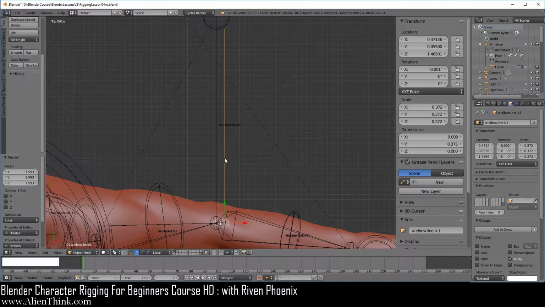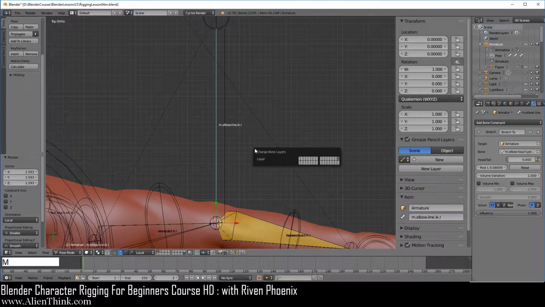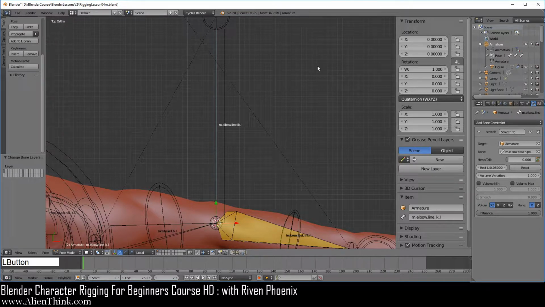Now of course, since we duplicated it, if you press the M key, this should already be here on this layer, okay? And now let's go ahead and click on this and press the M key. And here you can see that this is on this layer. So we want to make sure that this goes on the touch bone layer also. Okay, go ahead and click this. Now here we can just click on this layer over here.